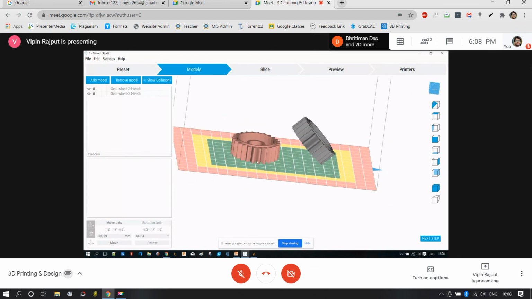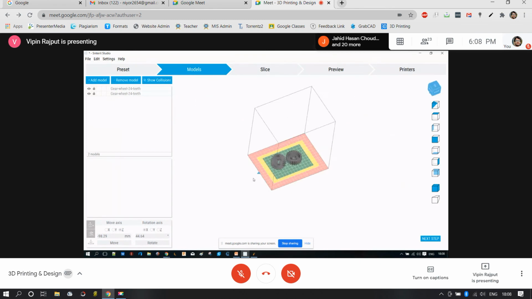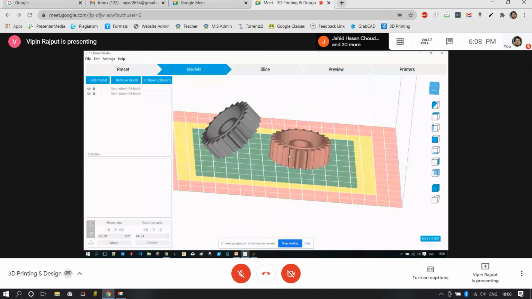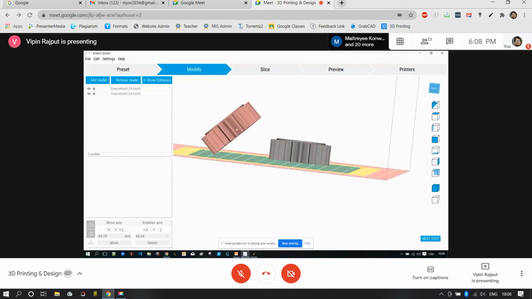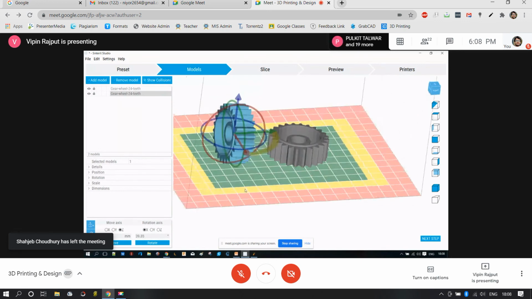So it can experience warping when it is going down. Was I clear, or should I tell you once again? Sir, clear, sir.